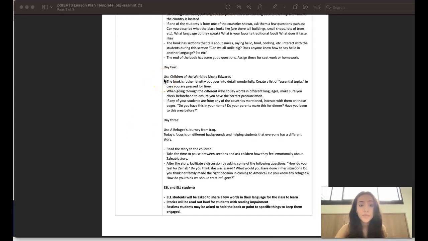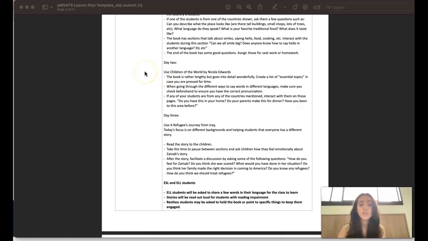For day 2, we are going to be using Children of the World. So we went from People of the World to Children of the World, and we're kind of narrowing it down to a more specific idea for the children to be able to grasp. So this book is rather lengthy, but it goes into amazing detail of different cultures, different foods, different ways